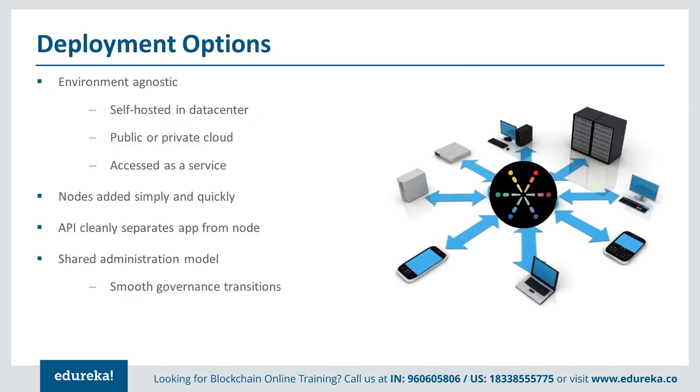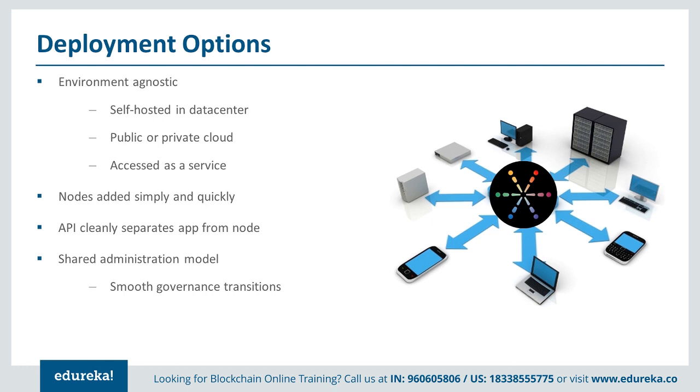So deployment options for MultiChain are very simple and straightforward. You can deploy it in a single data center. You can deploy it in a cloud-based environment. You can deploy even in a multi-cloud environment. As long as your nodes are pingable to each other, meaning you can ping one node from another node, you can make them MultiChain nodes, irrespective of the OS, irrespective of the location, and irrespective of where they are in the system.